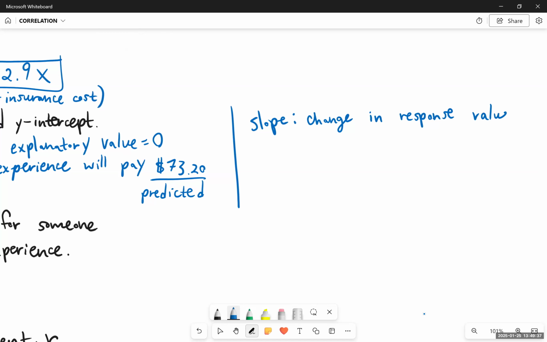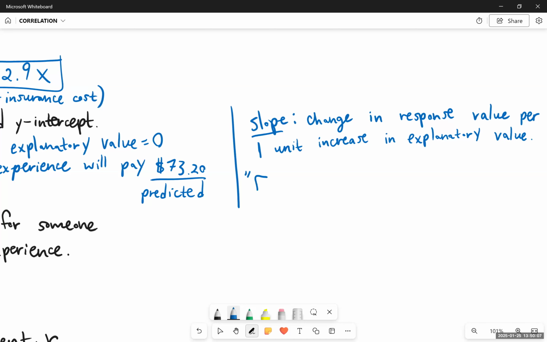Per unit change, per 1 unit increase in the explanatory value. So that's a lot, but it'll make sense when we actually plug in the variable meanings in here. So if we wanted to now incorporate years of driving as well as the insurance cost,